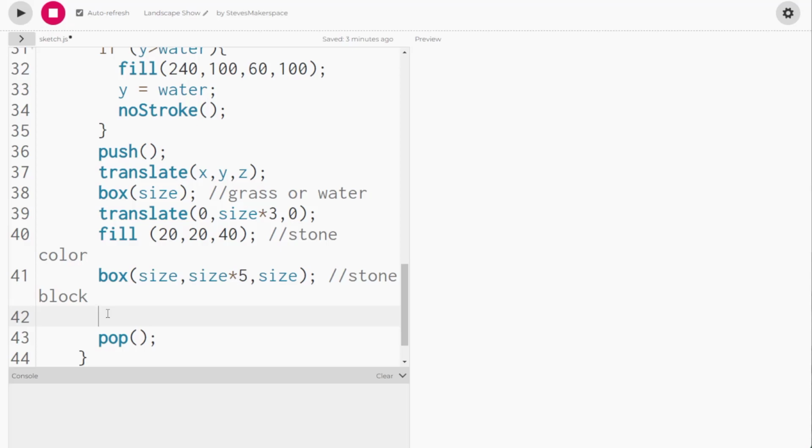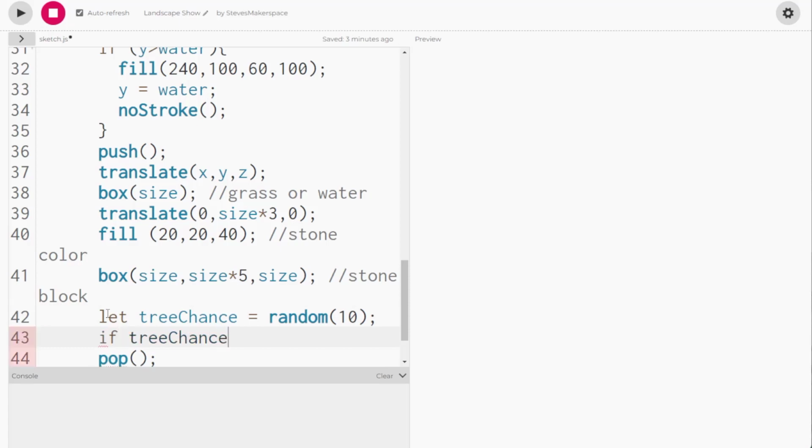Now we don't want to draw a tree on every block, so let's do a variable tree chance, and let's say the tree chance equals a random 10, and then if tree chance is, I always forget that, is greater than, say, 9, then we'll draw a tree, but we also want to